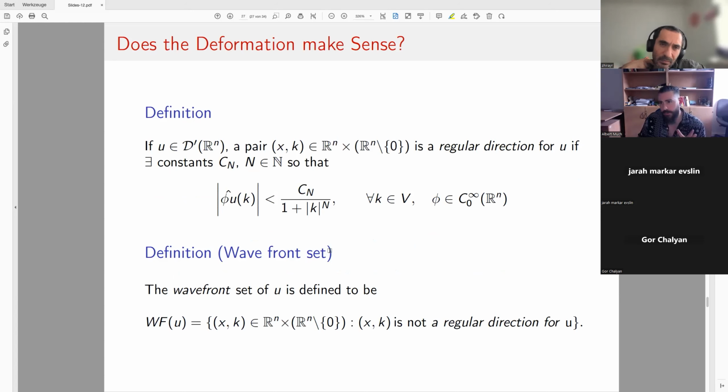Now there was one of, I would say, the best-selling arguments for QFT in curved spacetime, which is micro-local spectral analysis and micro-local spectrum conditions. So the wavefront set of a distribution or of a function is defined to be exactly those directions that are not a regular direction for you. Regular direction means that this thing is somehow bounded. Basically, the wavefront set tells you where things go wrong, right? And not only where, but in which direction as well.